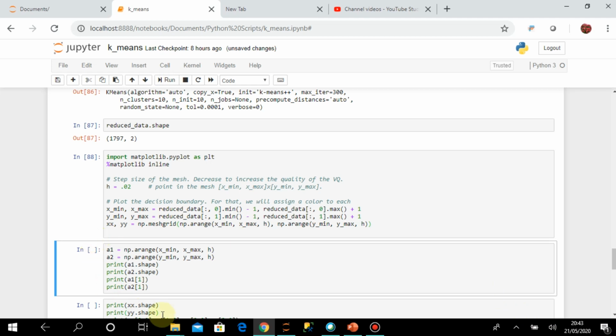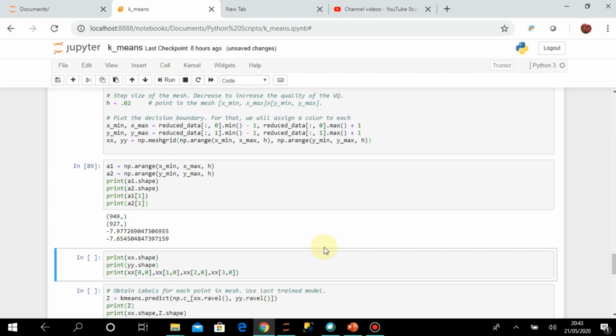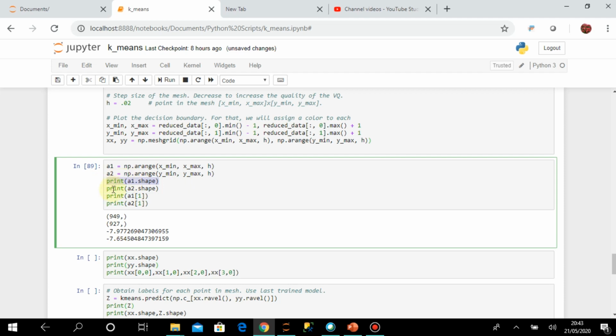For more clarity on how this is working, here I have called these methods and stored these arrays in a1 and a2. I will print the shape of these arrays and the second element of this array. So let us execute. You can see that the shape of a1 is 949 and the shape of a2 is 927.